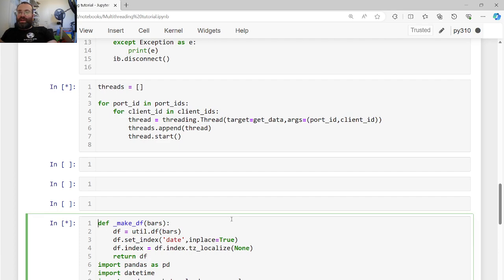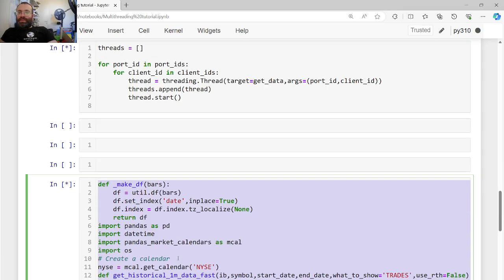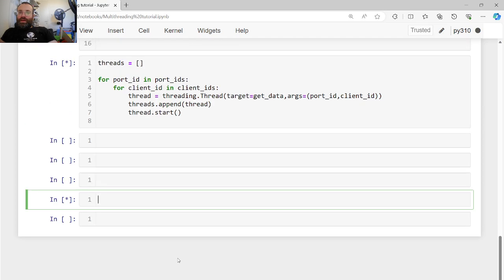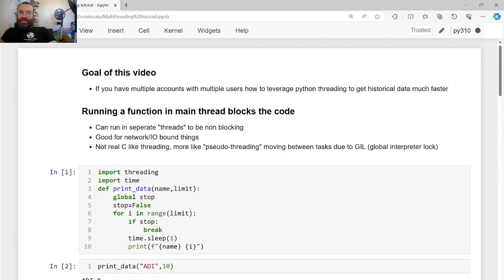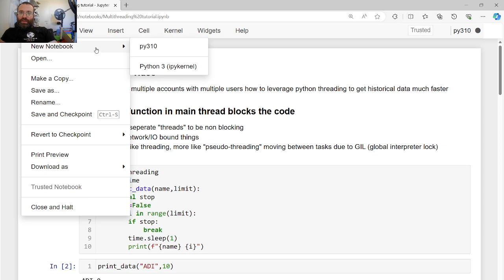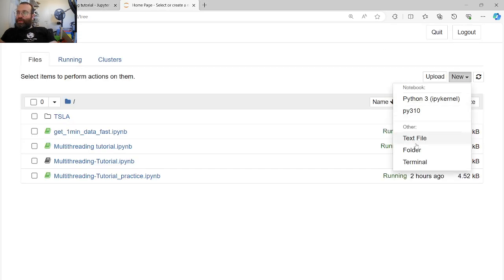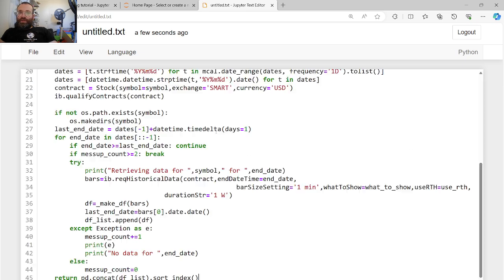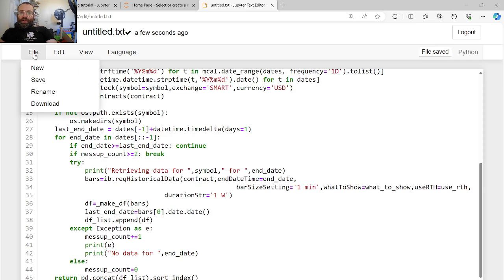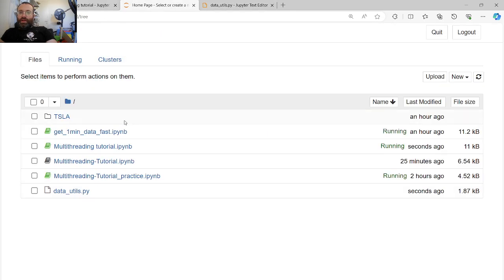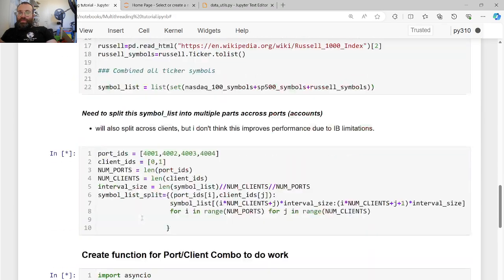Oh, it's not gonna work because my function's at the bottom. So, no, let's use better practice and let's save this as a file. Like a new text file, and I'll call this rename data utils .py,